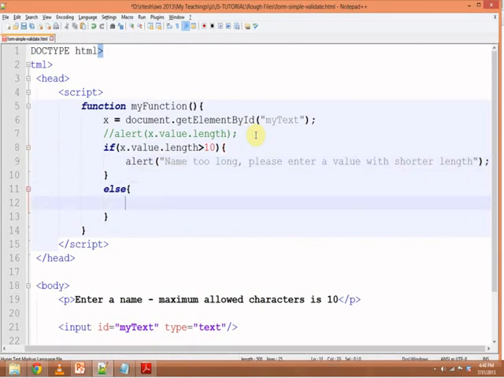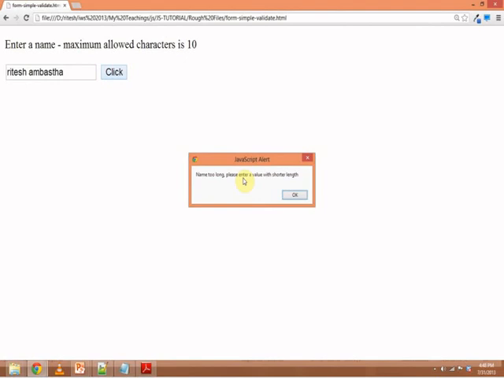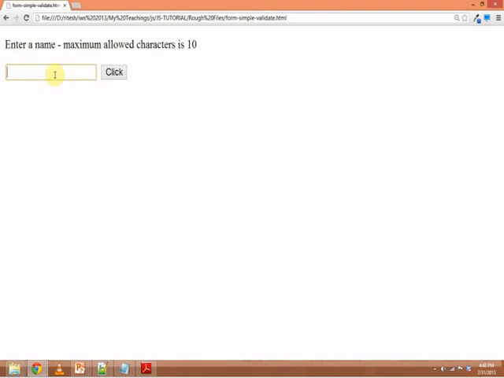And otherwise, I will alert the user that you have entered a correct or valid input. Now let's save it and see what happens. So I will enter something, let's say my full name, the character limit is reached. So it says name too long, please enter a value of shorter length, because the length is greater than 10.